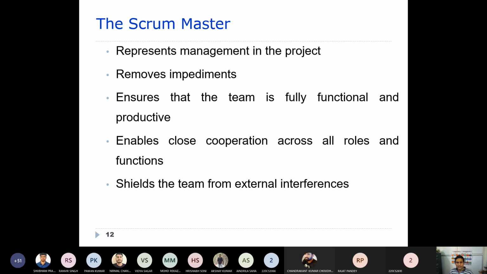And as I told you, the scrum master also shields the team from external interferences, so that no one is going to interfere with the development of a particular sprint. He is the one who shields the team from any external interferences.